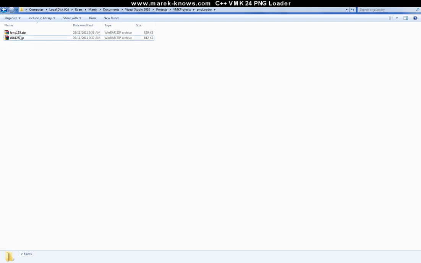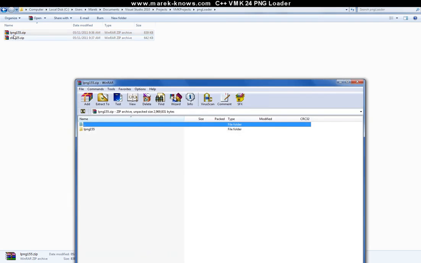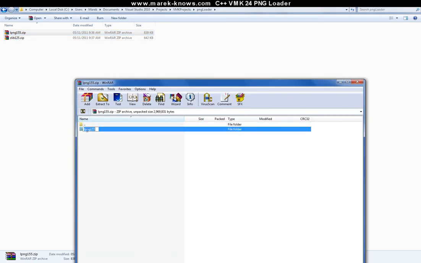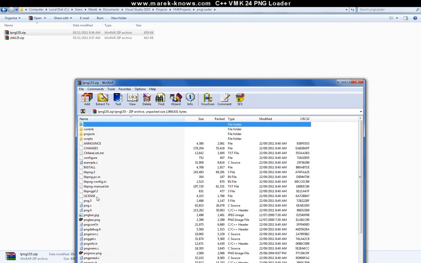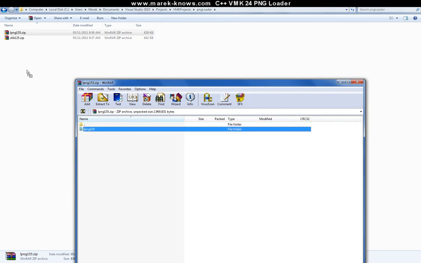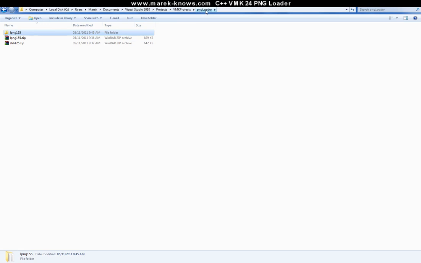So here they are. I downloaded the libpng 1.5.5 and also the zlib version 1.2.5. I placed both of these zip files into a folder on my computer just under Visual Studio. And the first thing I'm going to do is open up the libpng file. Inside of here we see that there is a directory that contains all these files here. What I'm going to do is just extract that directly into this folder that I created called